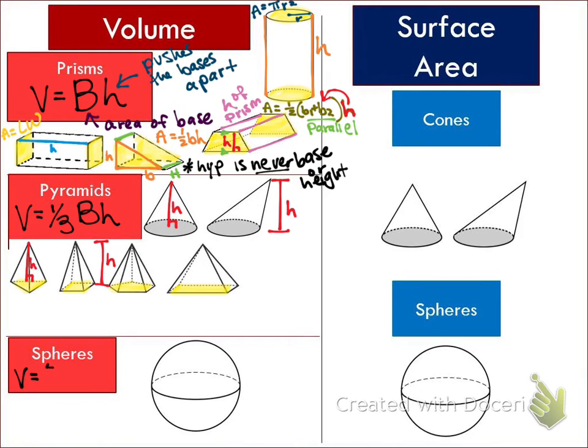For a sphere, it is 4/3 pi r what? Cubed. Even though I gave the formulas, I still saw a lot of people doing squared. Remember that volume is cubed, and it's an easy way to remember that it's going to be cubed. So if they give you the radius, it's pretty easy. What if they gave you the diameter? You would half it. If they give you the circumference, let's say the circumference equaled,